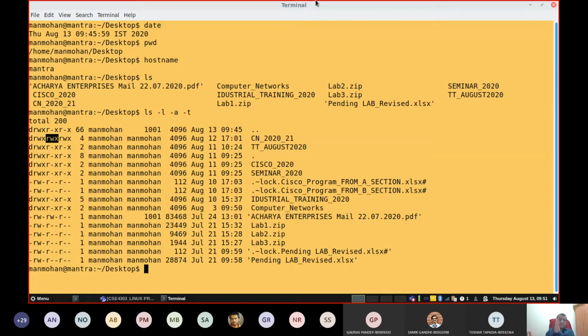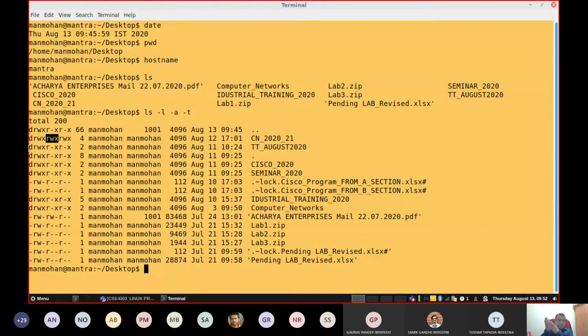Similarly, the next set of read, write, execute stands for group permission, because multiple users can be created. Assume that I am going to create a user account for each one of you. Out of that, I may select a few students and add them to my group, call it Manmohan's group. Then if I go for group management, all my group members also will get read, write, execute permission. That's what the second set of read, write, execute says: the owner's group members also have read, write, execute permission.